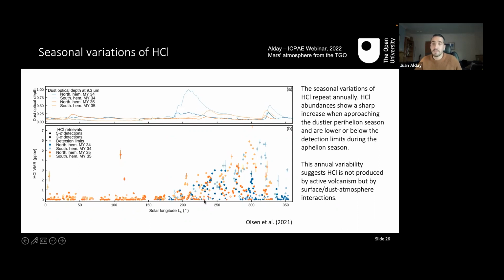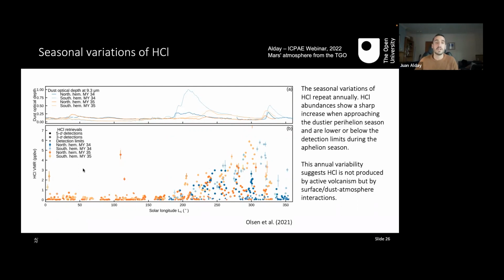So during perihelion, the abundances are higher. And again, I must say that when I mean high abundances, they are relative abundances, because these are found in the orders of parts per billion. So it's indeed very small abundances. But the abundances of hydrogen chloride peak during the perihelion season, and then they abruptly decrease when reaching aphelion, in which they are either low abundances or they are even below the detection limit of the instruments on the Trace